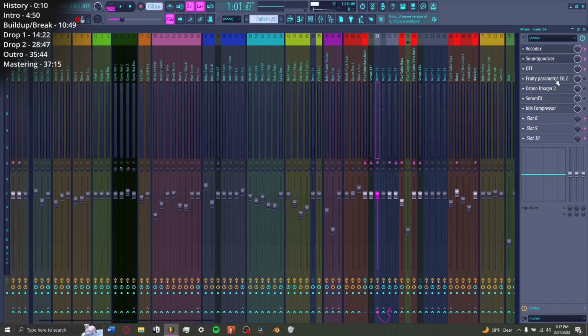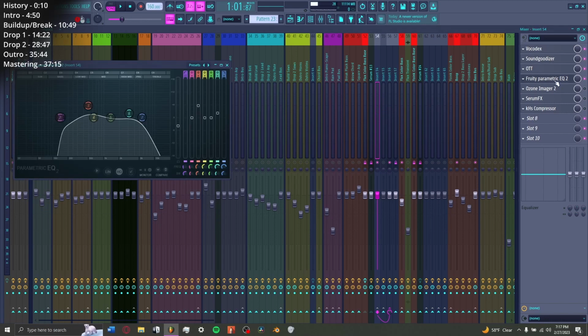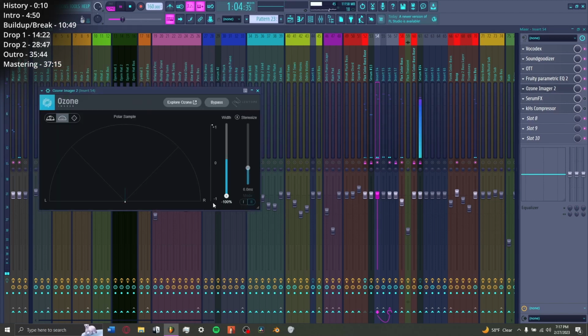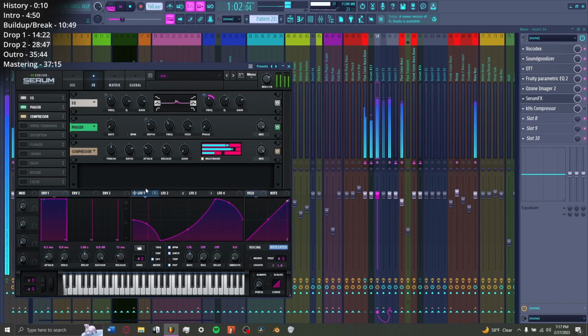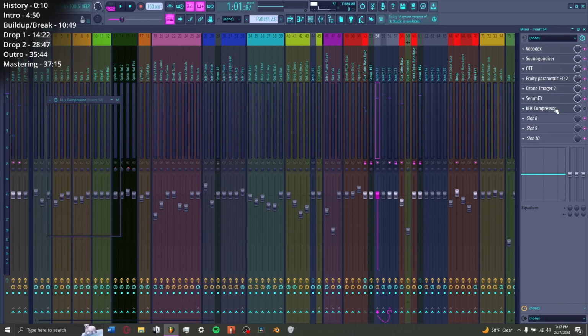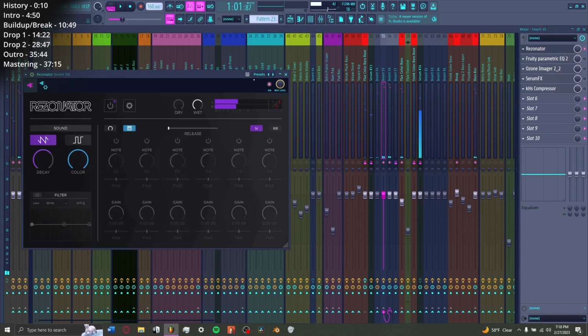Some compression through OTT and Sound Equalizer. Major EQing because I wanted to get a specific tone out of this Vocodex. I made it completely mono, put some extra weird stuff on it, along with some level automation. So yeah, this is where all the movement of the bass comes from, and then a simple compressor at the end. And then this initial sound is also going into a resonator layer, playing the same chords,